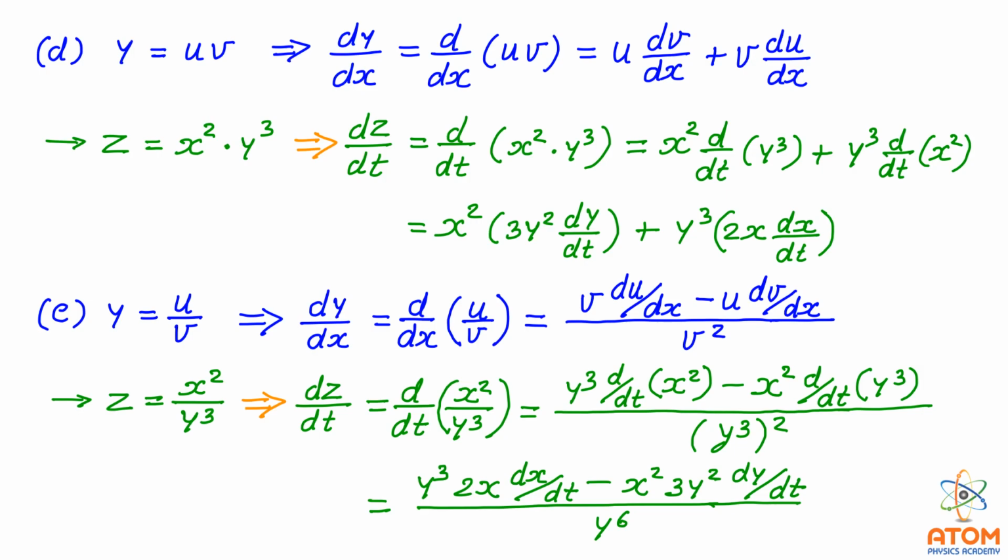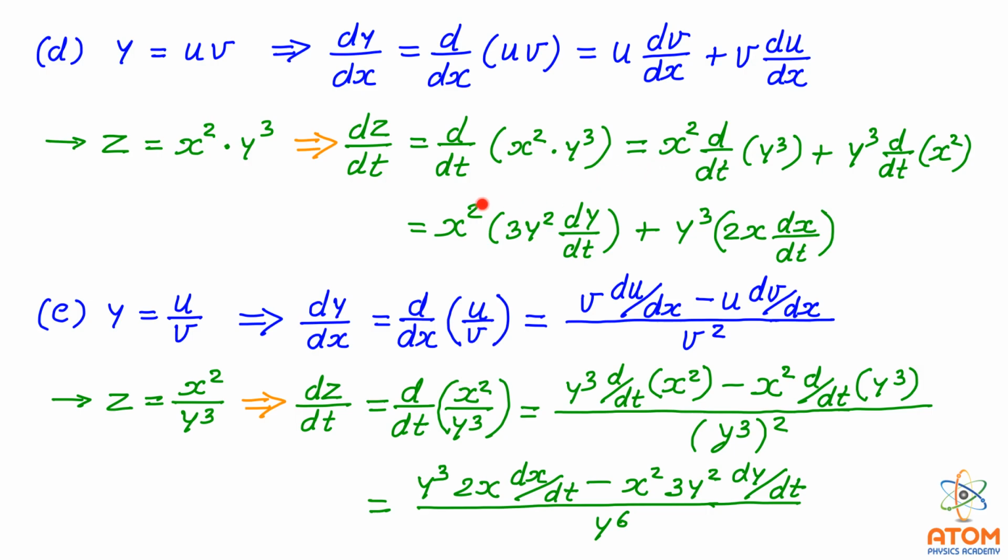Let us take one example for this. If we have been given z is equal to x square into y cube, here x square and y cube are in multiplication, and we want to differentiate this z with respect to time t. So that is dz by dt. So that will be d by dt of x square into y cube. So first I will put x square as it is, and I will differentiate y cube, that is d by dt of y cube. Then I will put y cube as it is, and I will differentiate x square, that is d by dt of x square. Mind well, both of these differentiations are with respect to t.